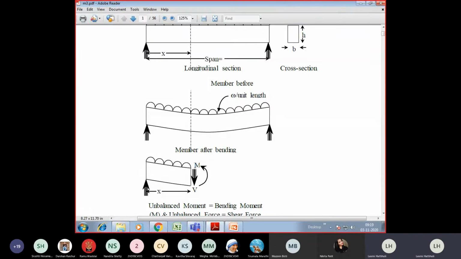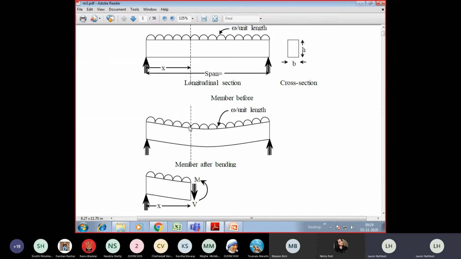You have this negative direction V and the moment which has been generated here. Can you observe where it has been generated? It has been generated where you have taken the cut section. In a similar way, you can take the cut section at any distance. Here I have taken the cut section at a distance x from the left support. Can you see this distance x from the left support?